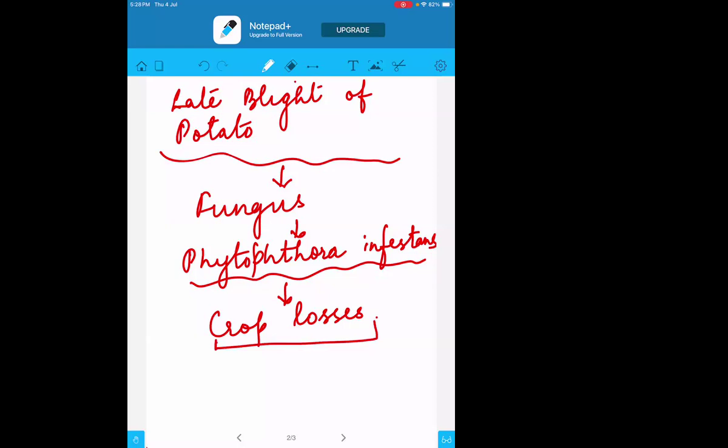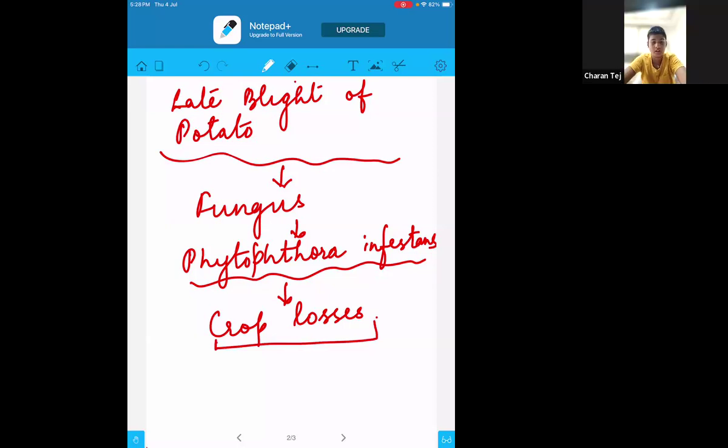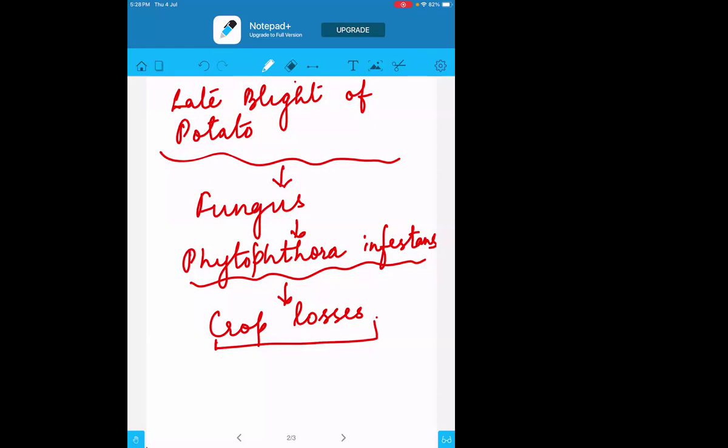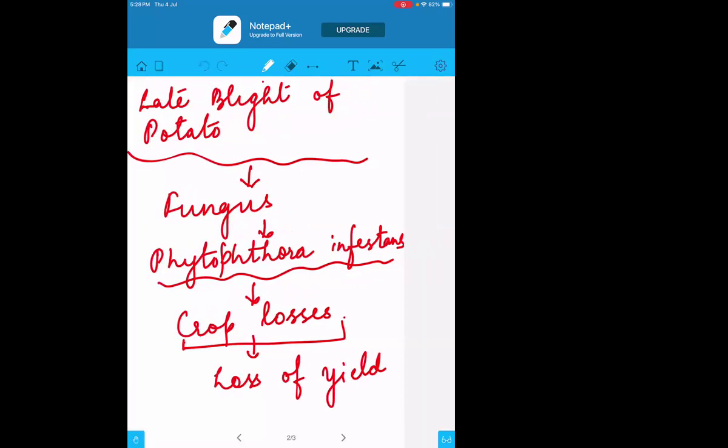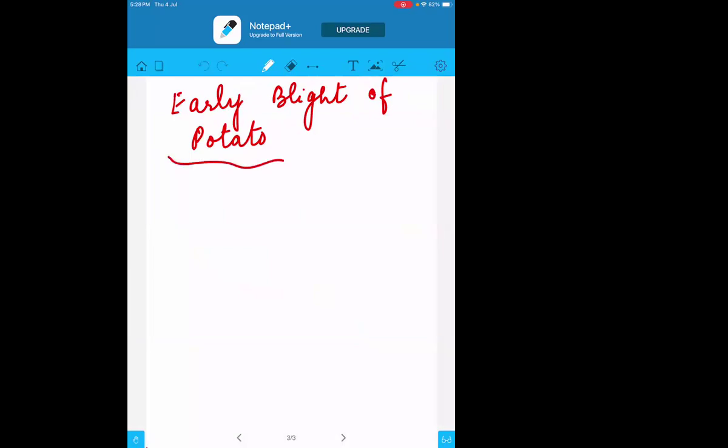Will they lose their yield, ma'am? Yes, they will lose the yield definitely. So that is what crop loss means: loss of yield. The yield will not be good. So if any potato plant has late blight, that plant will be useless. It will not help us to increase the yield. Whereas in the case of early blight of potato, what happens? It is also caused due to a fungus,